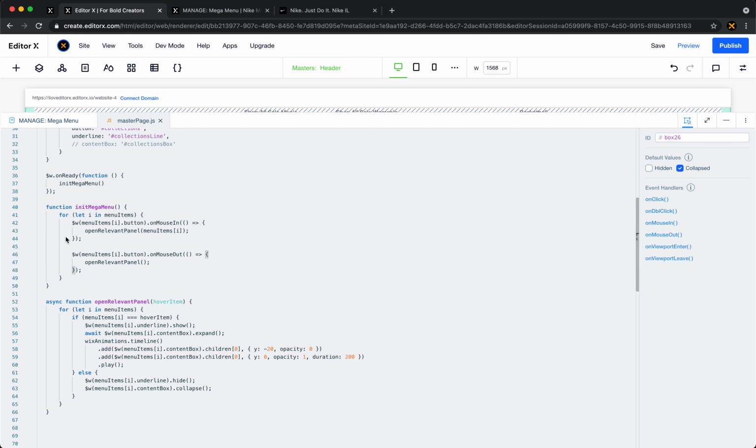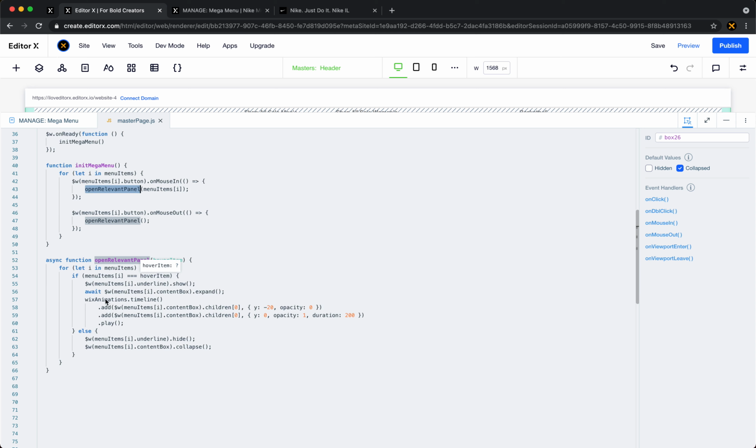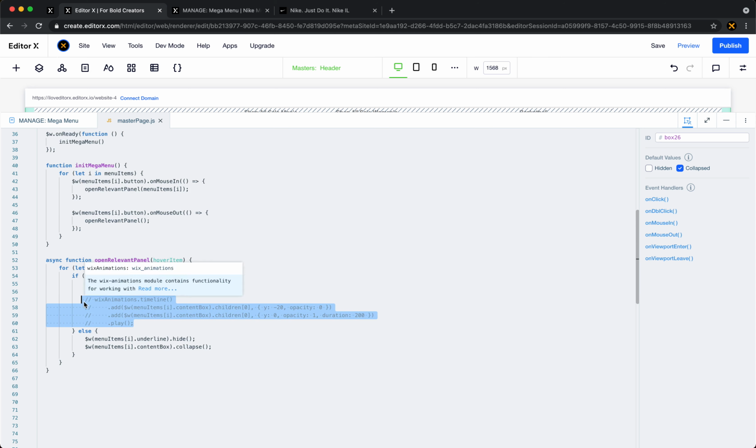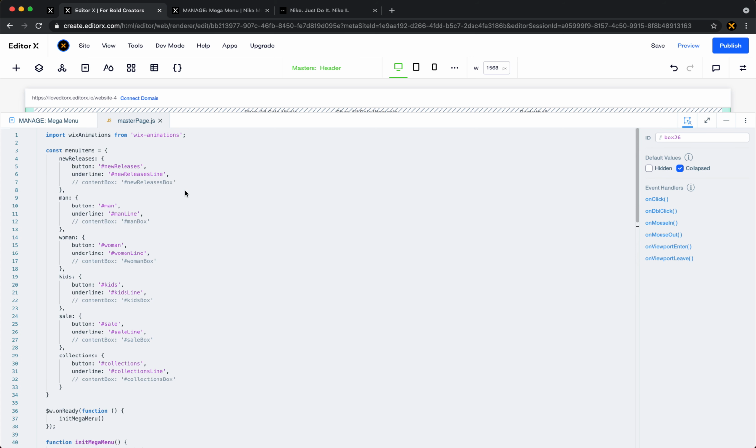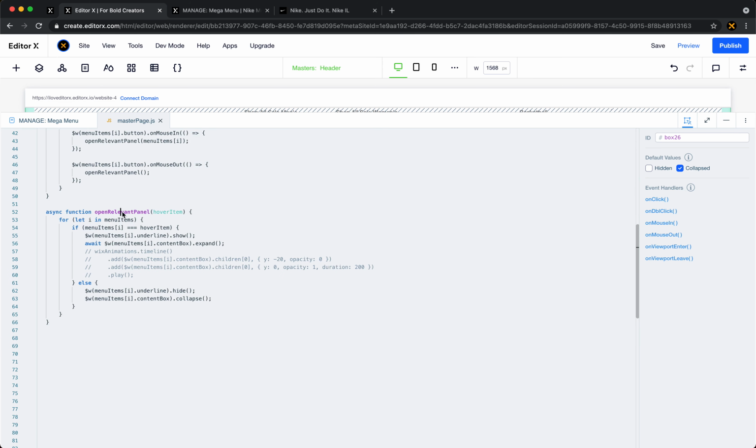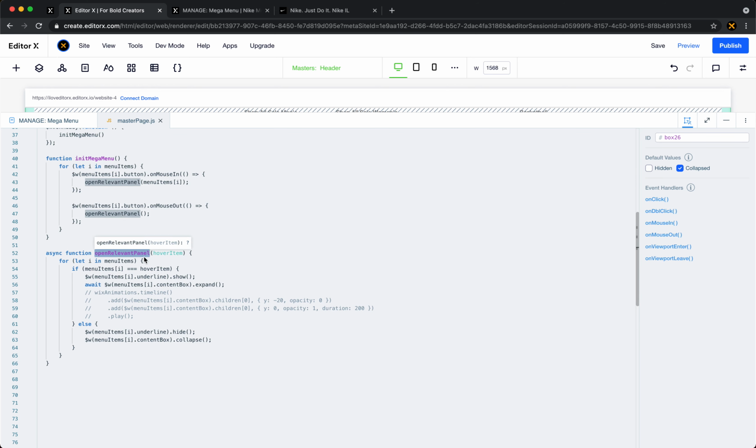So I'm looping through each of the buttons and saying, for each one of you, play this function. Okay, so what does this function do? Let's go step by step. When I'm hovering, I'm passing this object of IDs. So if I'm hovering the new releases button, I pass this object with all these IDs to this function. So the open reveal function gets the hover item IDs, and I'm creating another loop